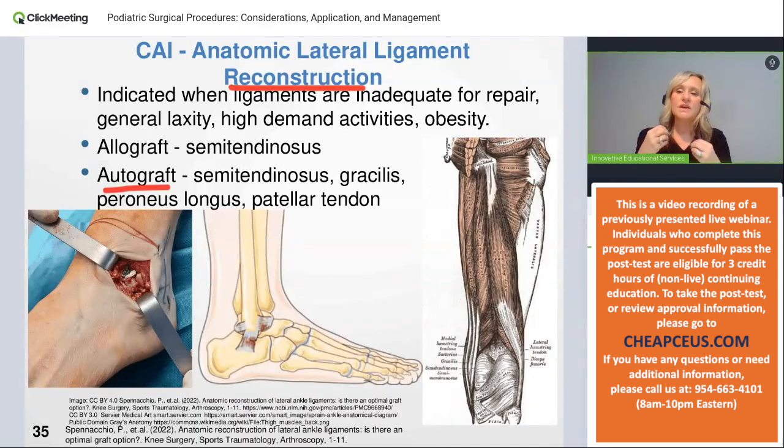They're going to use that in a patient that has extreme laxity. It could have been chronic ankle instability. You might also see this in patients who have just had a major, significant acute rupture. If they have a patient who they know is going to be in high demand sports or functional activities, work demands, or someone who's obese where there's going to be a lot of external load on that ankle, they may opt for an